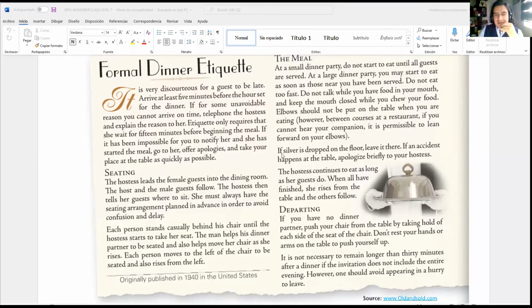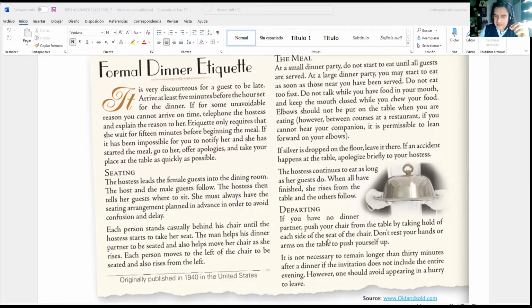Elbows. If silver is dropped on the floor, leave it there. If an accident happens at the table, apologize briefly to your host. The hostess continues to eat as long as her guests do. When all have finished, she rises from the table and the others follow. Departing. If you have no dinner partner, push your chair from the table by taking hold of